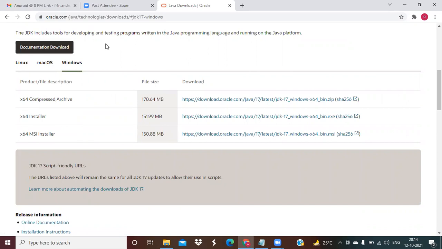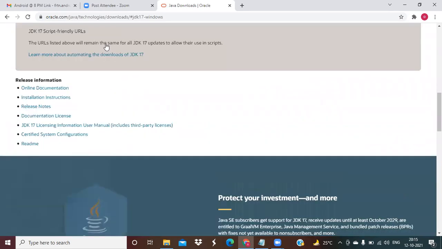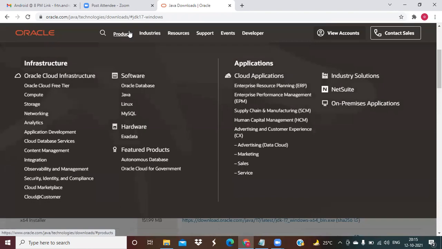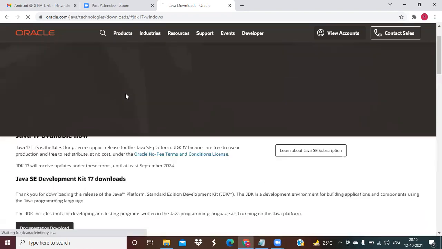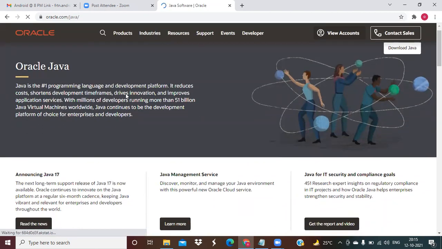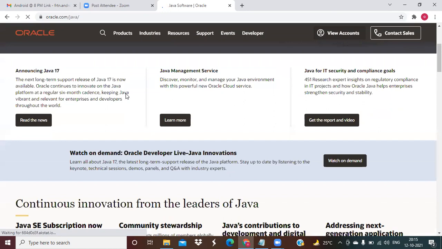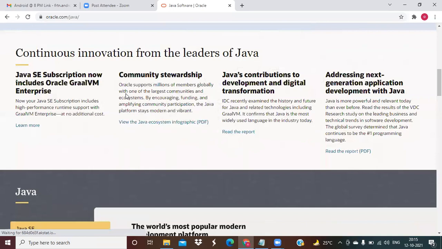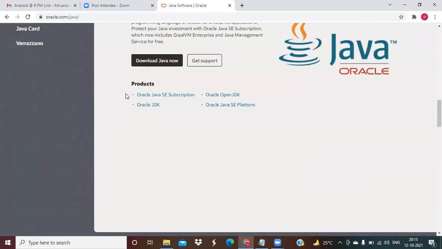This is a document download, but I want the complete downloads. For that I have to go to products. I need to select Java, what I want to download. Here they are giving 17. Other than that, download Java now.